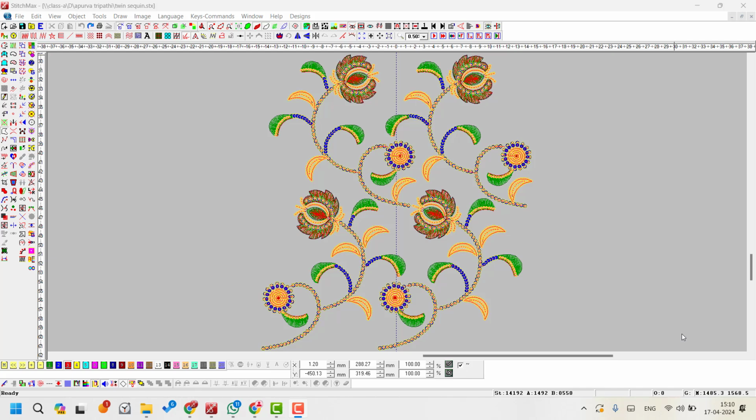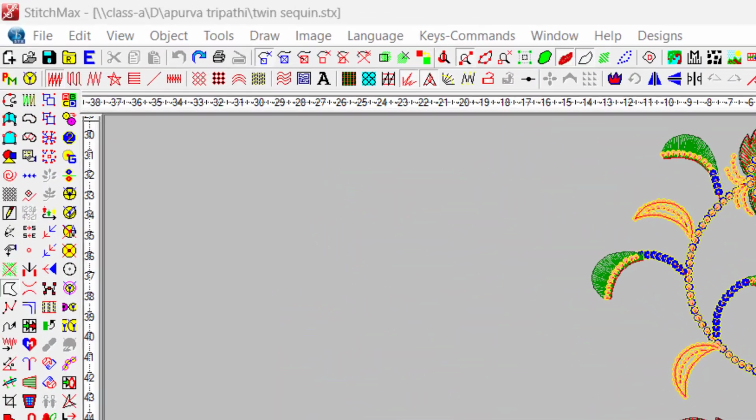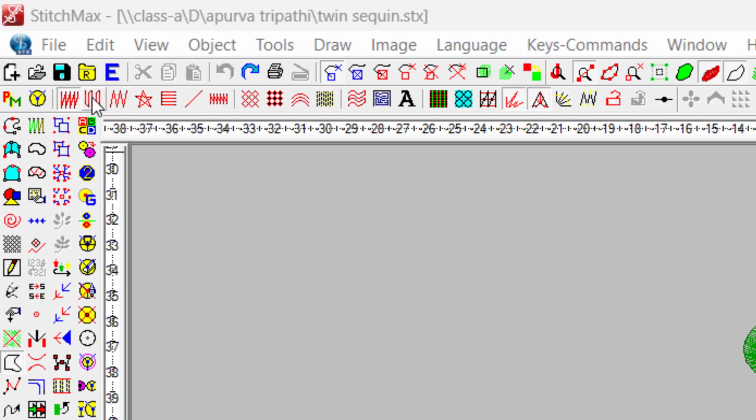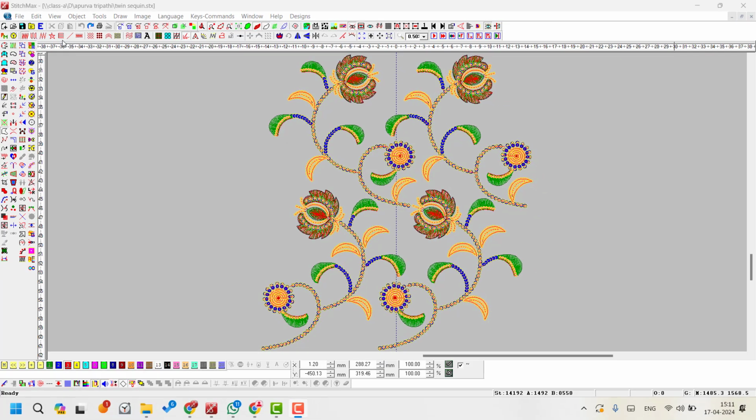So now we know about StitchMax embroidery designing software. Talking about stitching effects, it is very useful. Inside the StitchMax software, there are many stitching effects, like sateen fill, tatami fill, zigzag fill, star fill, E-fill, line fill, central fill, cross stitch, motif fill, piping fill, program fill, stipple fill. All these fills are used for different stitching effects.